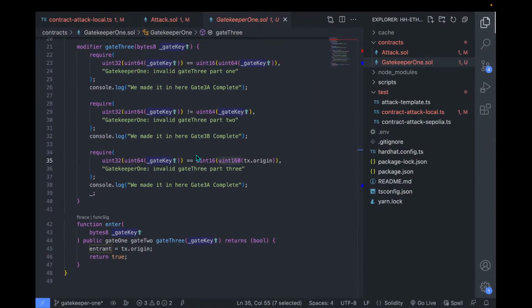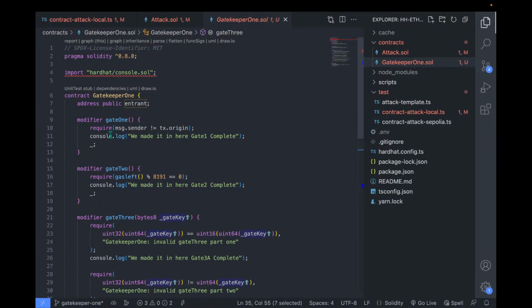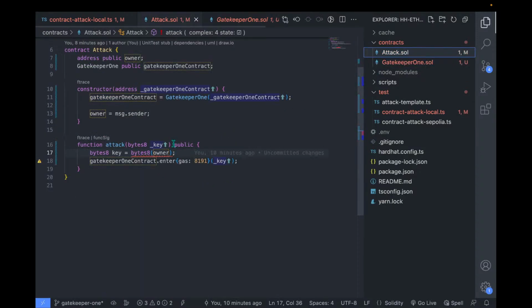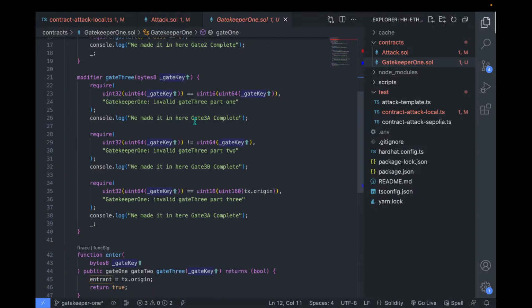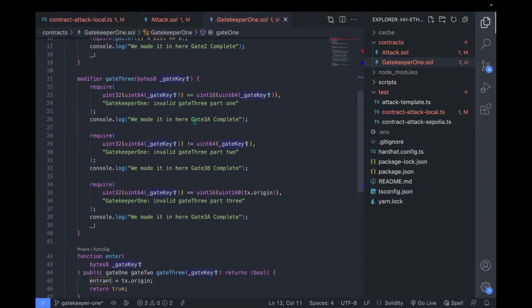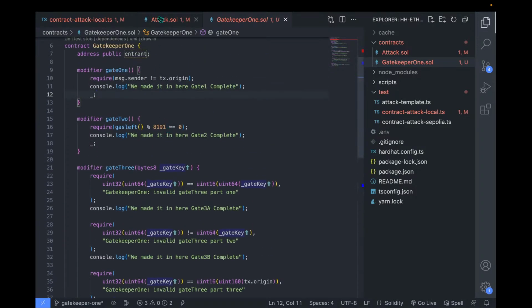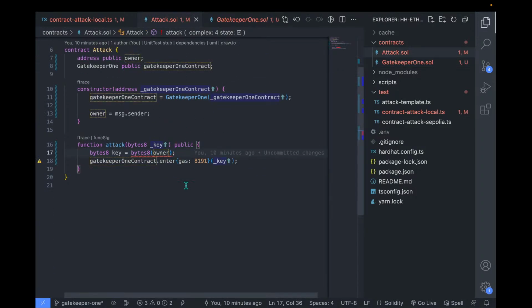So, first off, I'm not even gonna mess with that. I'm gonna just do step by step. Let's make sure we get this in order. So, before we even, I'm just gonna pass like a random bytes 8 data. Not even gonna pass anything here. I'm just gonna say